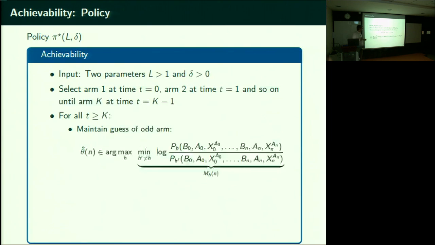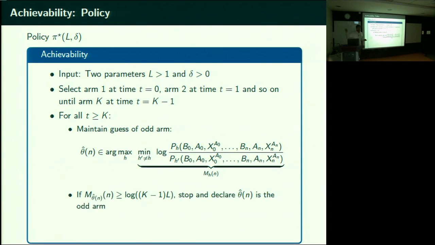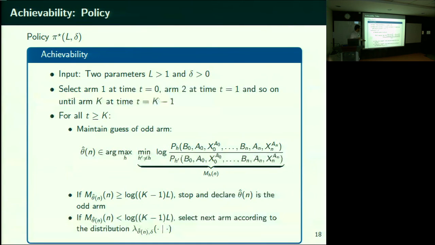So at each time instant, I maintain a guess theta hat n of what is the odd arm. Now for this being the odd arm, I go back and solve that lambda. For theta hat n, I just go back and solve for the lambda. I get that lambda. Is this lambda the most discerning in some sense for that H? That it is the best one to use? Correct, yes. Now you are going to tremble with this. This is the one that you intend to pick because it's the most discerning for your current guess of what the odd arm is. And then you tremble and then everything happens. It's also the most discerning knowing that you tremble.